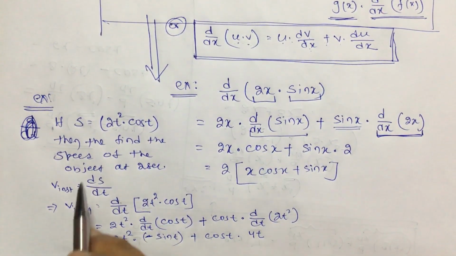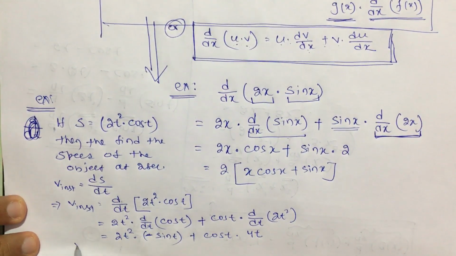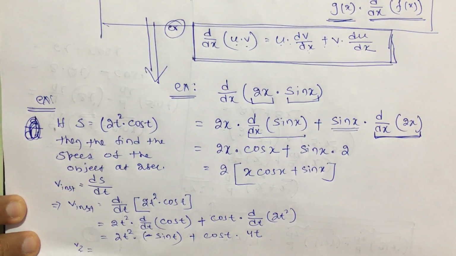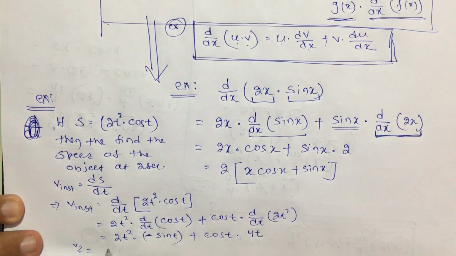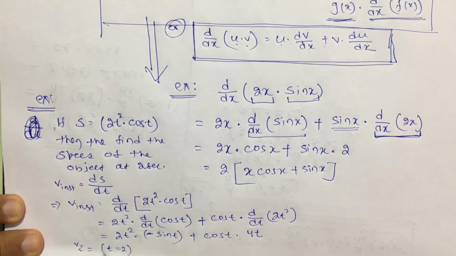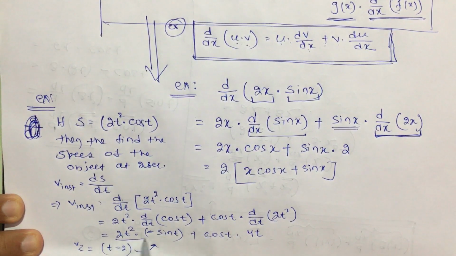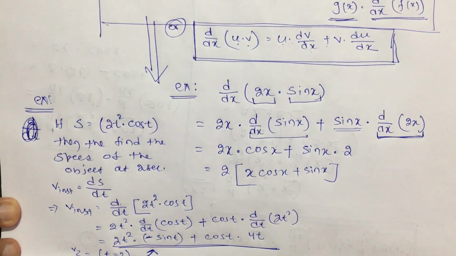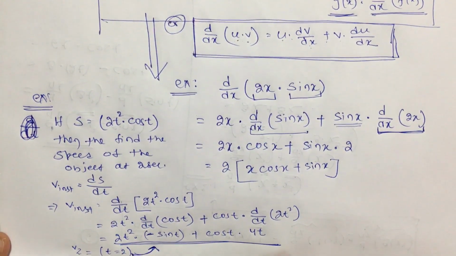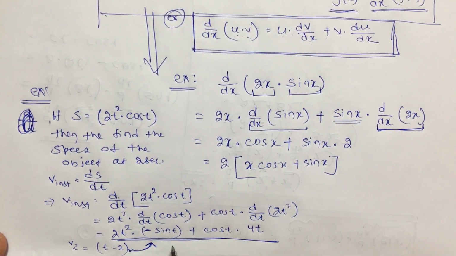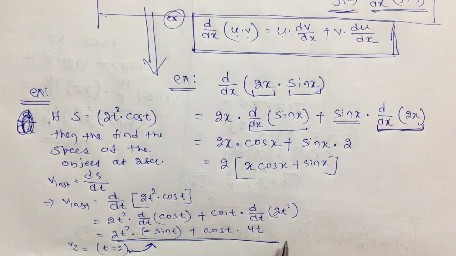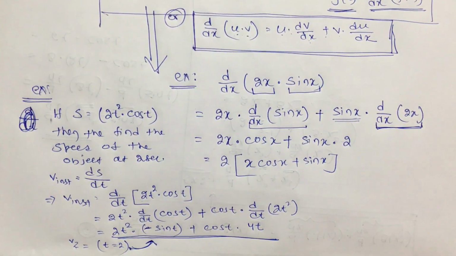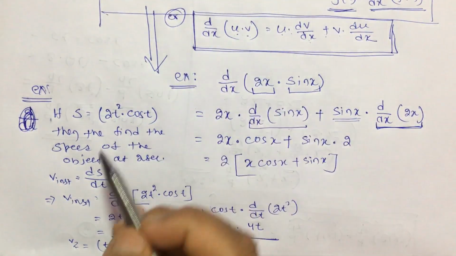Now, how to find the value at 2 seconds? You have to find v2, the velocity at 2 seconds. Now, what you have to do? Put t equal to 2 in the above equation. In the whole equation, put t equal to 2 and find the answer. Is it clear how to do it? Okay. This is just an example. If you put 2, this question will be very difficult because you have to find the sine of 2. But just for example, I was telling how to use this formula.